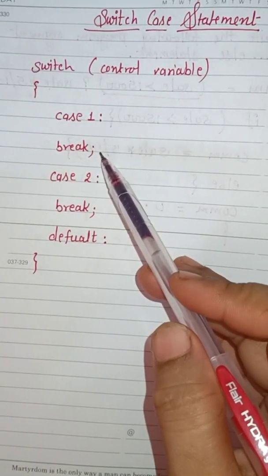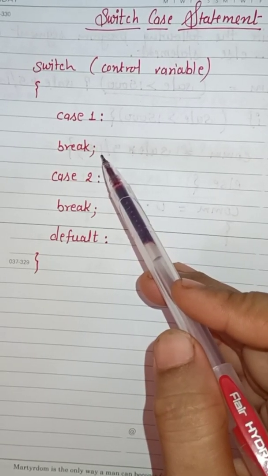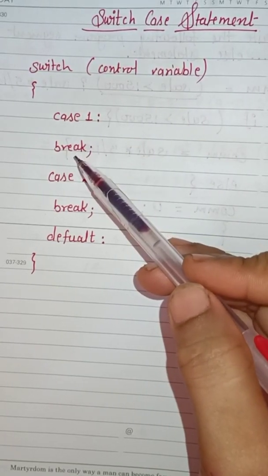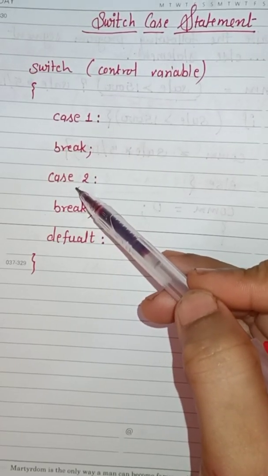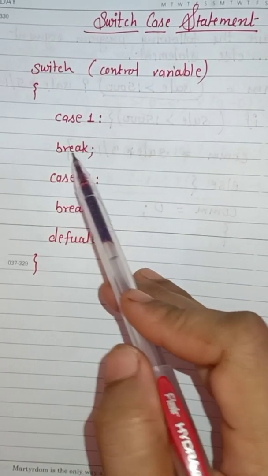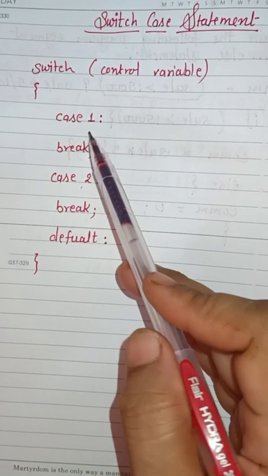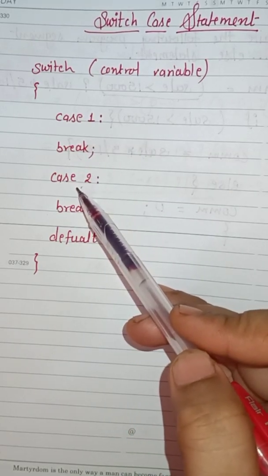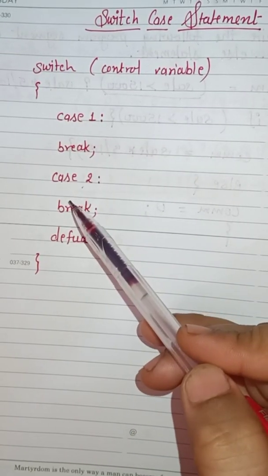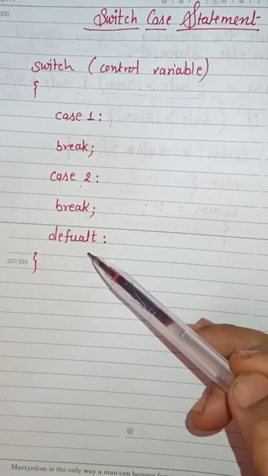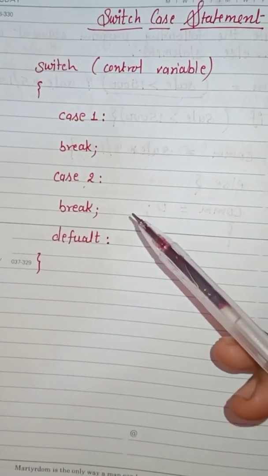The break statement is used to terminate the block, meaning terminate the case here. Suppose the break statement is not used after a case, so what happens? Then the control will keep on executing the other cases. Suppose here is case 1 and after case 1 the break statement is missing. Then control moves to the next case and it will execute the next case also. Okay, so that is the switch case statement. Next, the break statement is used to terminate the block. Next one is the